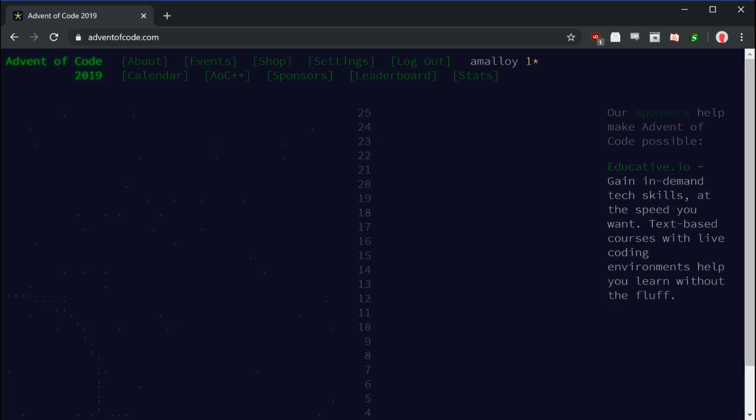Topaz puts these out every year, 2 puzzles every day from the 1st to the 25th of December. I'm going to be doing them in Haskell again this year. And I'm not going to do a 'how does Haskell work' first episode as I did in previous years. If you want to learn Haskell, you can go watch last year's videos, or go read a book or something. I'll instead be talking about my plan to solve the problem, and I'm sure I'll introduce some Haskell stuff as we go. But I won't start with the basics of the language.